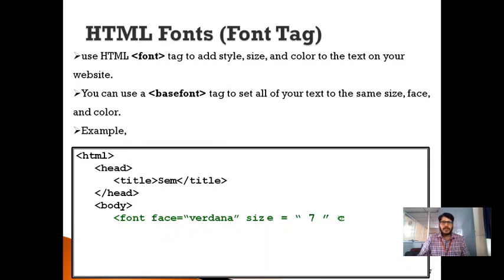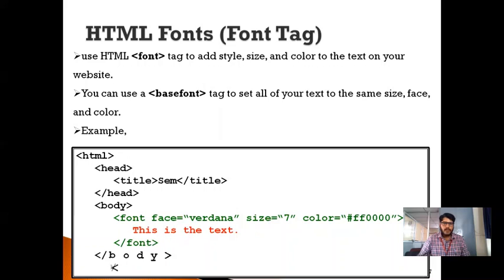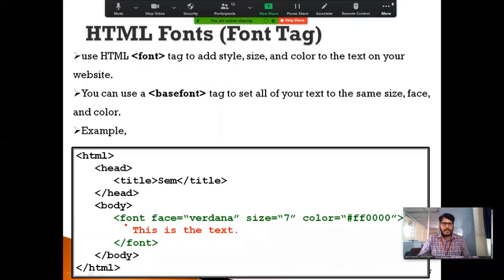If you observe this particular code, here I'm going to use a font tag. Within a font tag, I can use a face attribute. Face is the attribute I can use along with the font tag. And also I can use size as an attribute, and color as an attribute here.